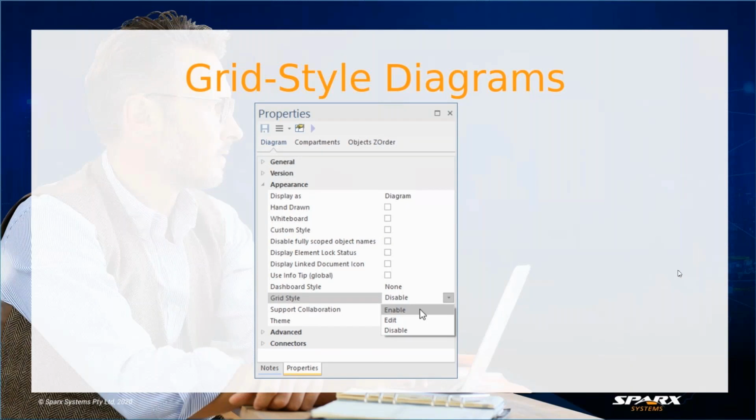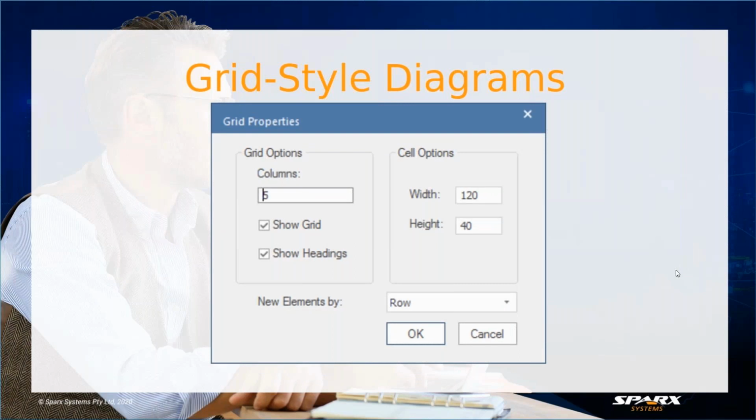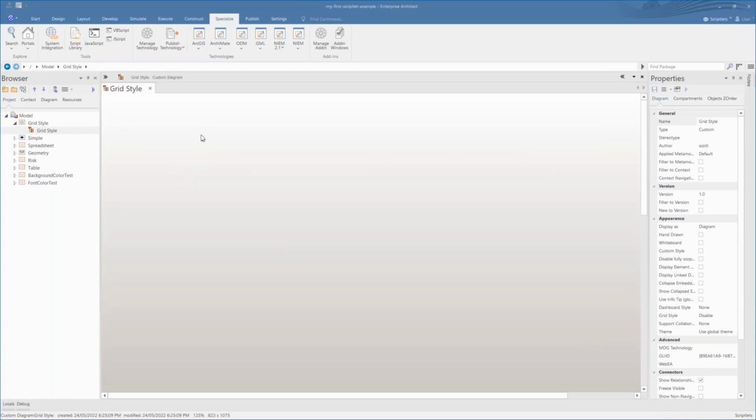You can bring up properties of a diagram and enable grid style diagrams. And then you can simply insert the number of rows and columns that you want and set the width and height of each cell and show the grid as appropriate. So I'm going to just show you how to do that because some of our examples rely on grid style diagrams. And if you haven't used Enterprise Architect 16 before, you might not have seen it.